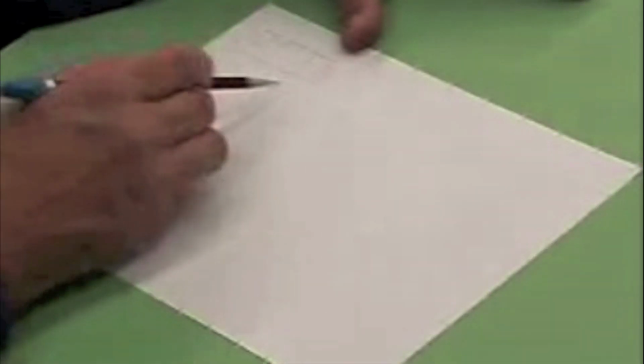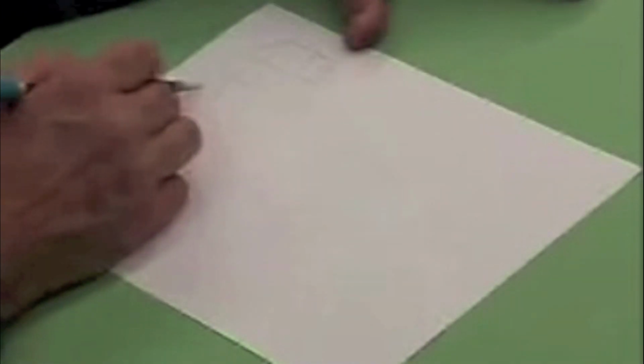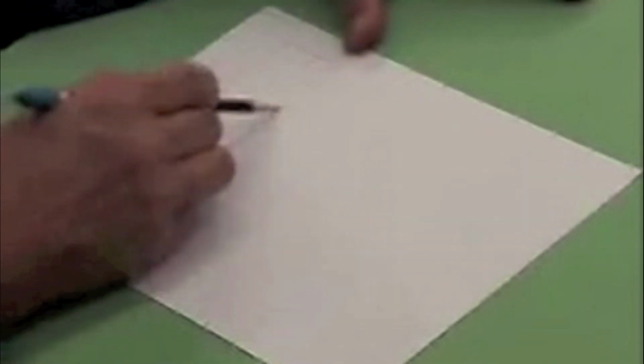We can just do a basic looking bridge like that, or we can do something like this with a few more triangles in it. Now these are just little sketches, not much detail, just blaze on through them, make them quick. You'll notice that when you see trestle bridges, trestle bridges use lots of triangles, and the triangles are what make trestle bridges strong